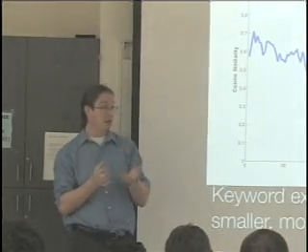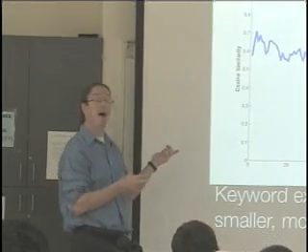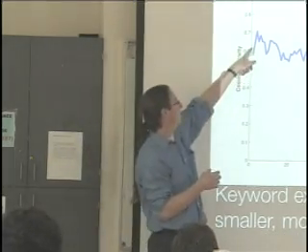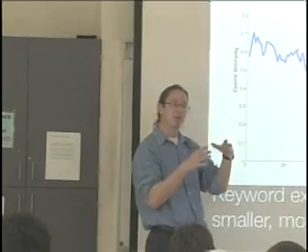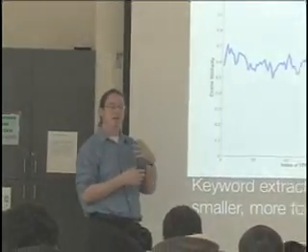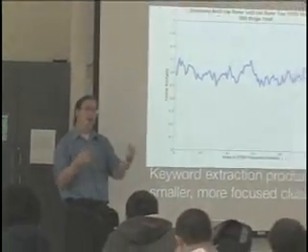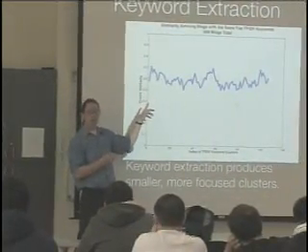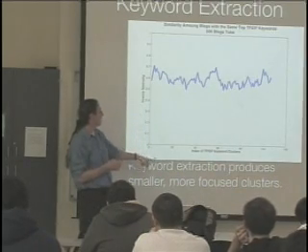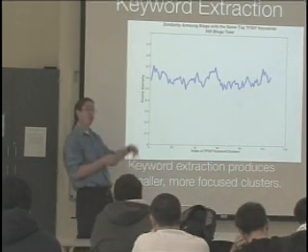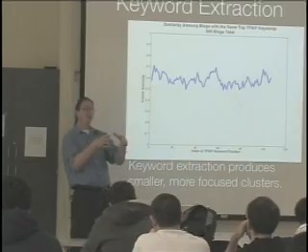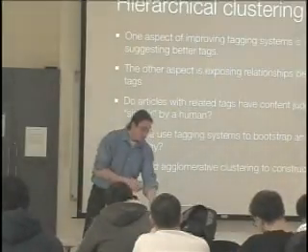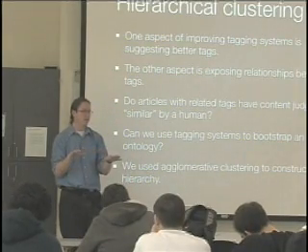So if you're interested in doing search, this approach works really well. If all I want is articles about the iPad, then this works really well. I get very tightly focused clusters. It's not such a great result if I'm interested in browsing. If I just want articles about technology in general, well, now I've got to go visit more clusters. So what I found was that by extracting information actually from the article itself, rather than letting users do it, you could create these smaller groups. So that was good news. So far, so good? Okay.